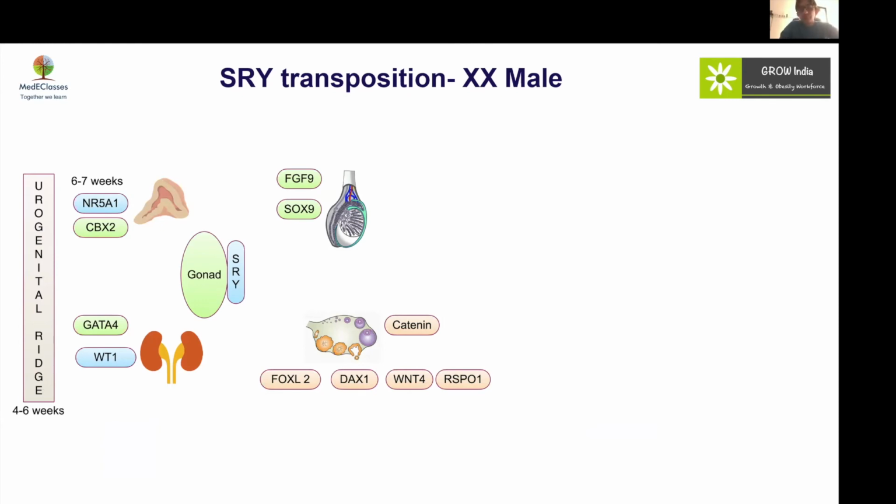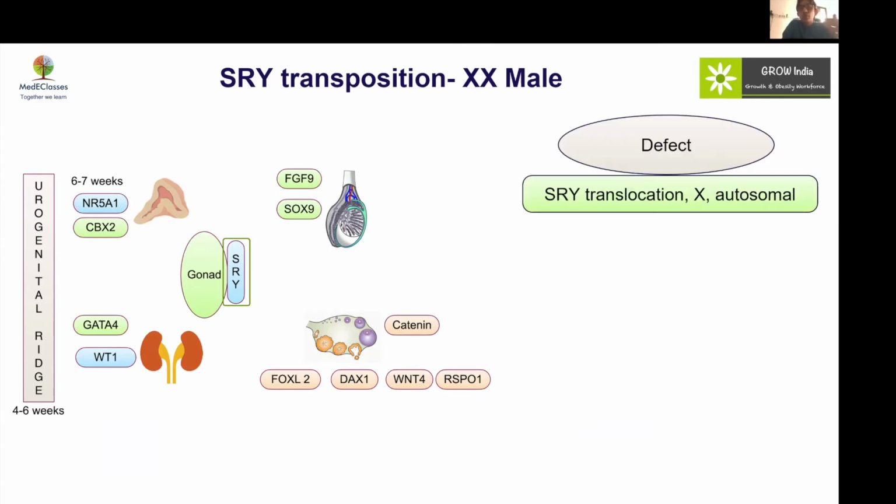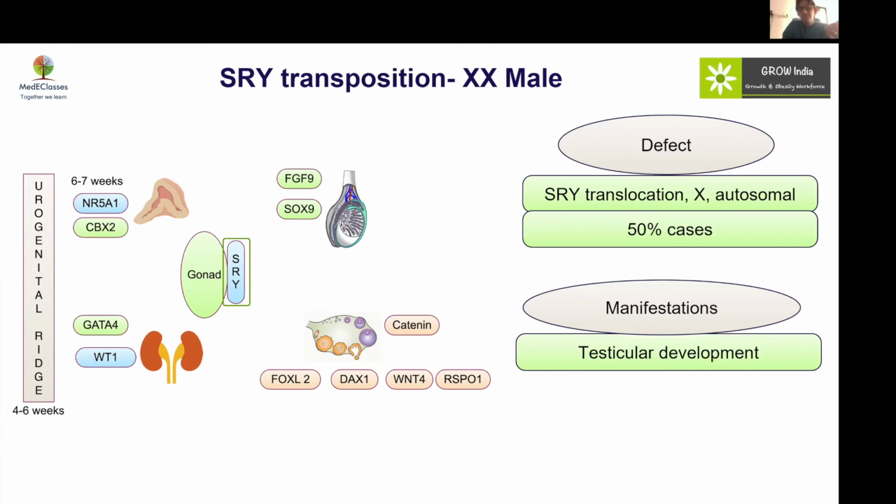So, SRY translocation. We know that the most important gene in testis development is of course SRY, which is normally present on the Y chromosome, but many times this SRY gene can translocate to an X chromosome or an autosome, which can result in the production of testicular tissue as well as androgens. Though SRY is the only gene, so we do not have typical testicular development, there is still some testicular tissue which can virilize the female and cause issues regarding the gender identity of the female fetus. So, manifestation: again, SRY insertion cases typically have some testis.